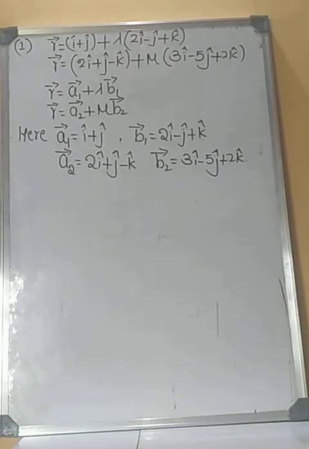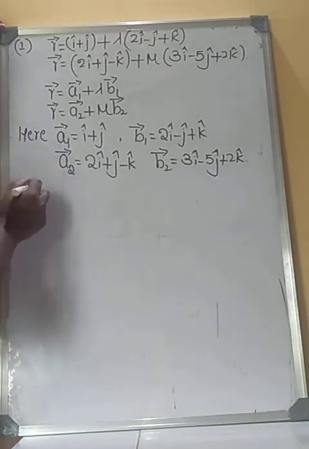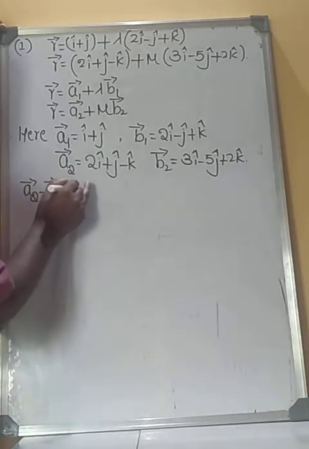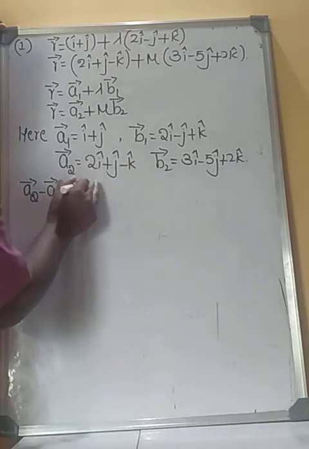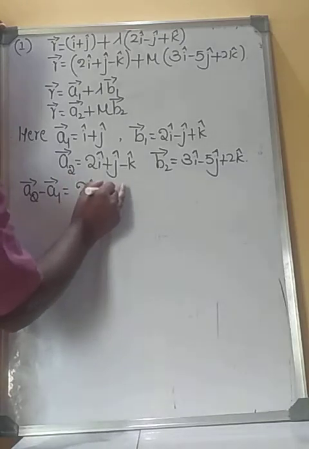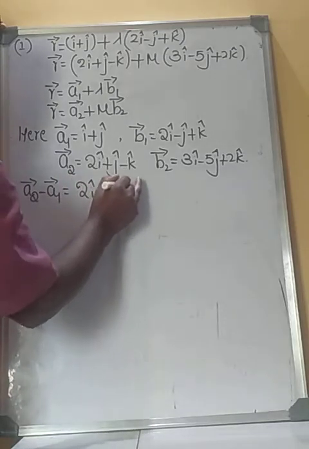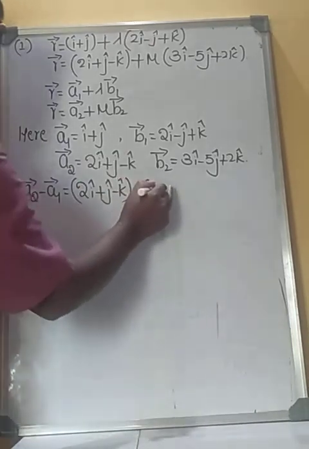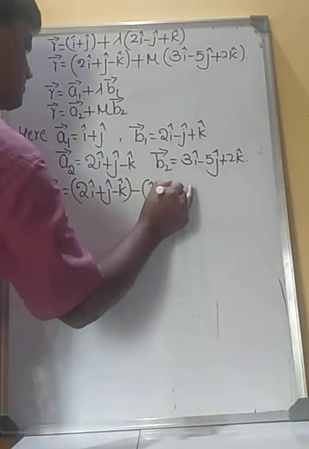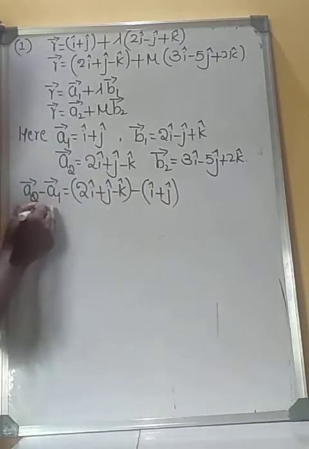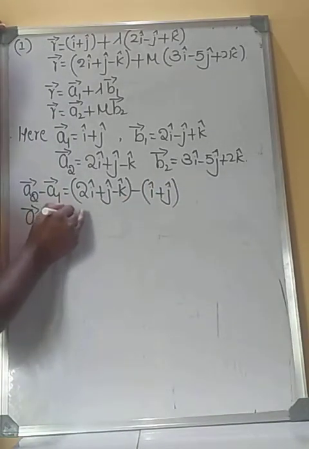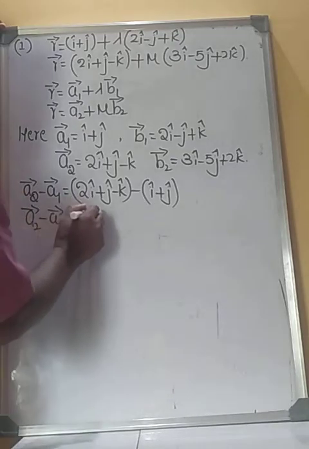Now find A2 vector minus A1 vector. What is A2? 2i plus j minus k minus A1, i plus j. Therefore A2 vector minus A1 vector is equal to i plus 0j minus k,